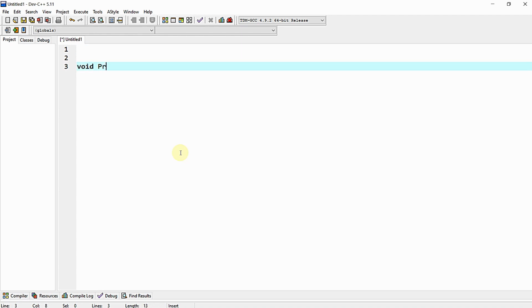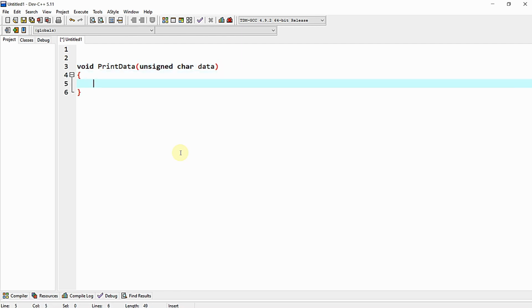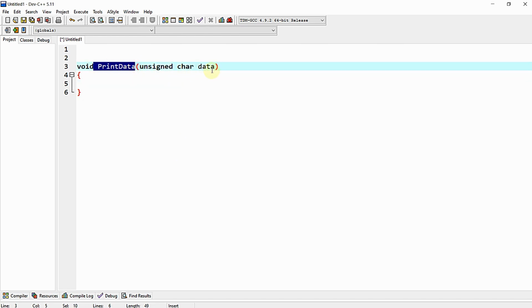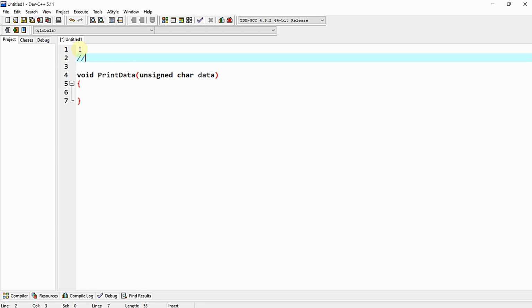So let's take the function name to be print data, and this function receives one parameter. Let's take the parameter name to be data of unsigned char type. So this print data function receives one parameter of unsigned char type, and let us assume that the data that is passed to this function is